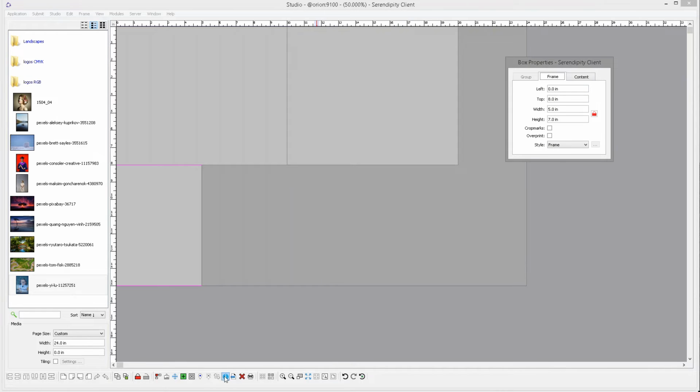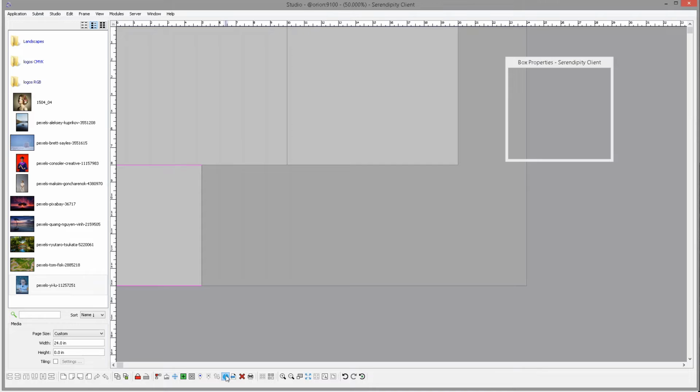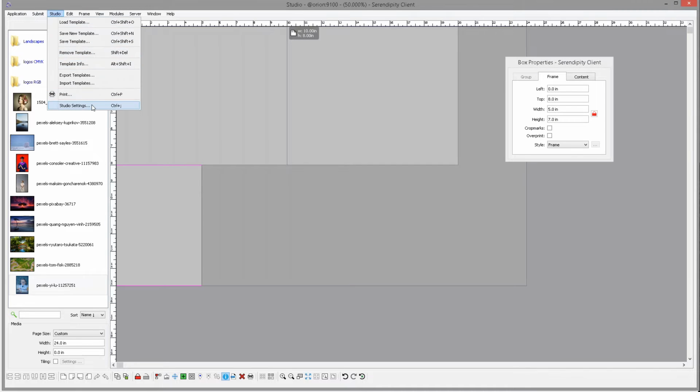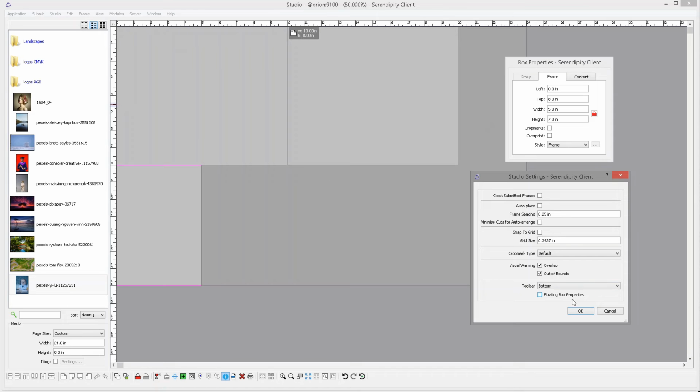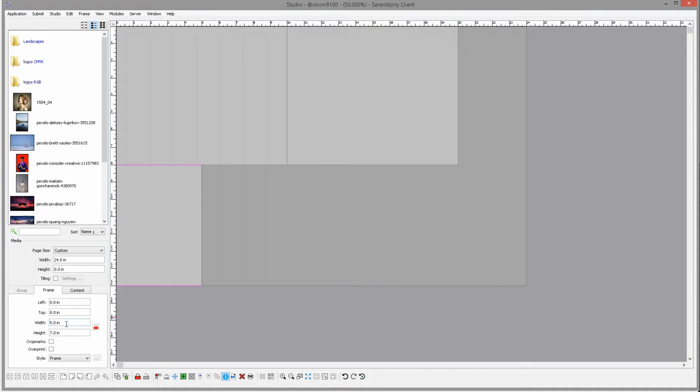So whatever your Studio settings are set to, this icon will make the box properties appear. Now I prefer to have it in the side and in a fixed position, which is down here on the bottom left hand side. Now with this frame selected, we want to make sure that the top is at 8